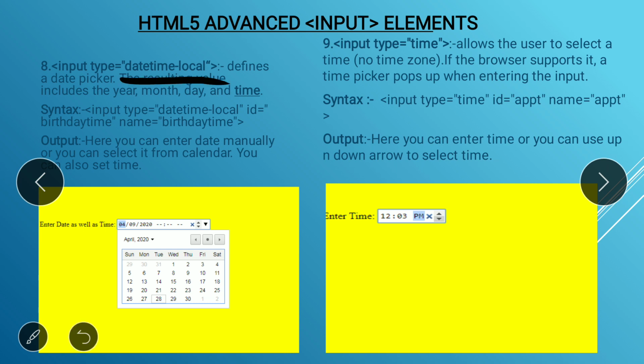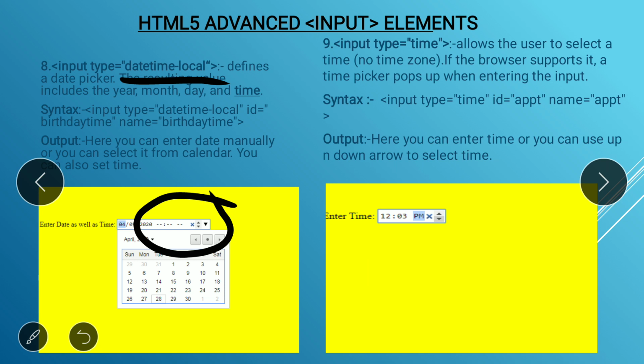Here you can see that there is one text box, in that you can enter the date manually, or you can select it from the calendar, right? Same like a date control, but here afterwards you can also set the time, right? Here you can also set the time, and you can also set PM and AM.